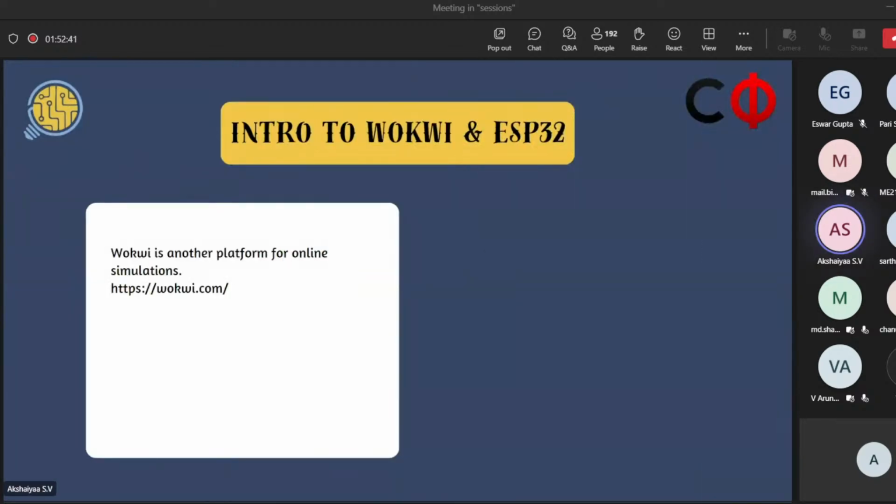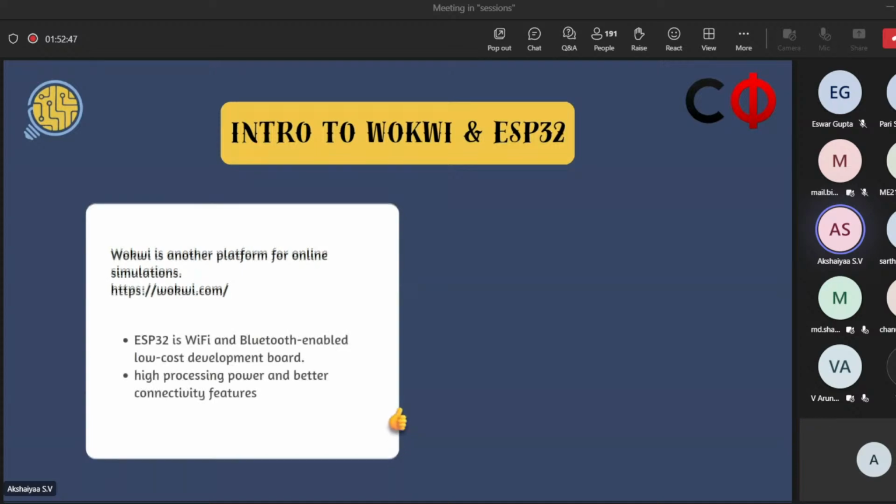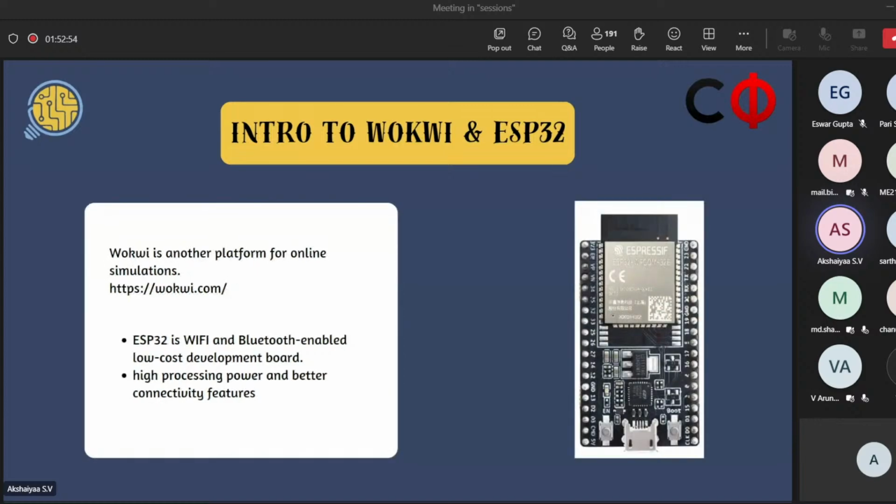So before that, the thing is, Arduino does not support Wi-Fi protocols. So you guys will have to use another development board called ESP32. The only difference is that it's Wi-Fi and Bluetooth enabled, and it looks a bit different. That is basically the only difference between these two boards. Otherwise, they are kind of one and the same, right?